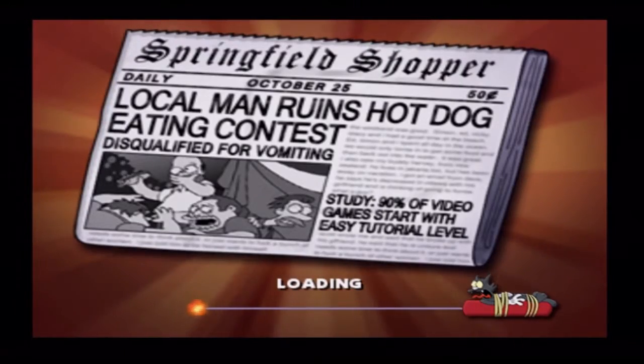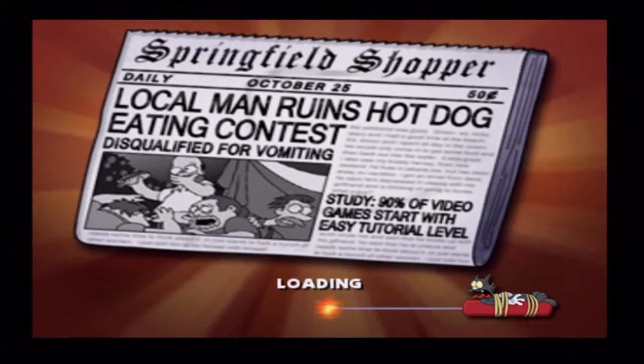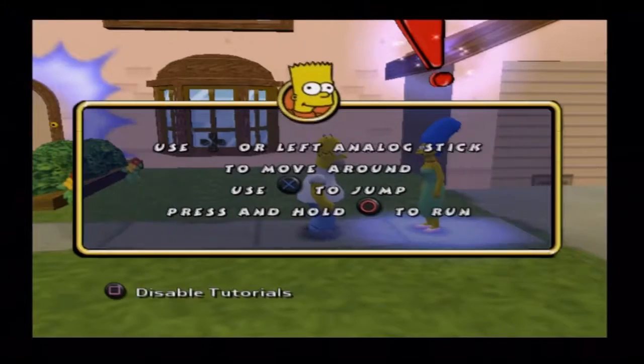I will say that I do find it rather surprising that they went for Buzz Cola instead of Duff Beer. Because Buzz Cola's only ever appeared in like 2 episodes. And yeah, these are the loading screens, they're newspapers. October 25th, local man ruins hot dog eating contest. Disqualified for vomiting. And a study shows that 90% of video games start...